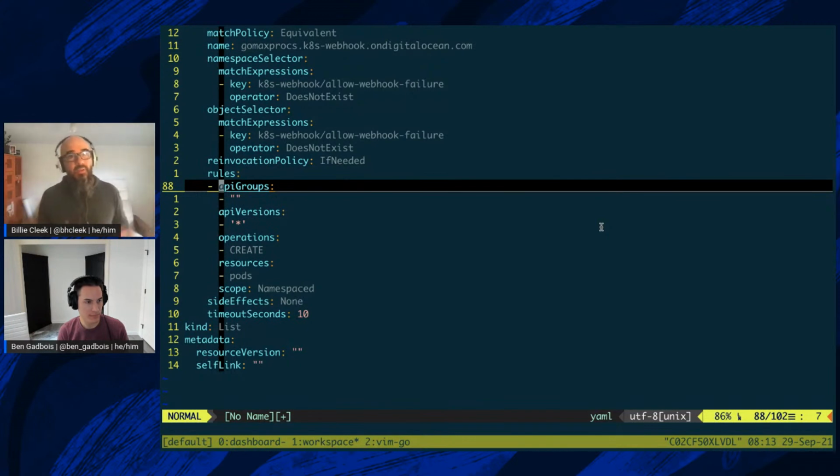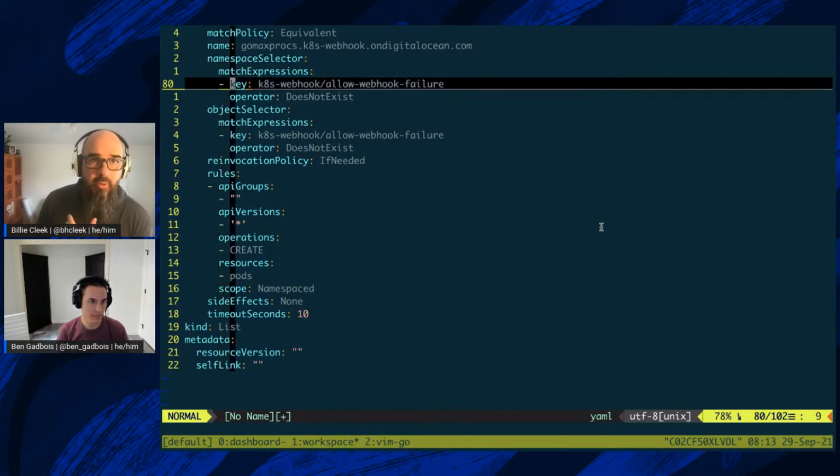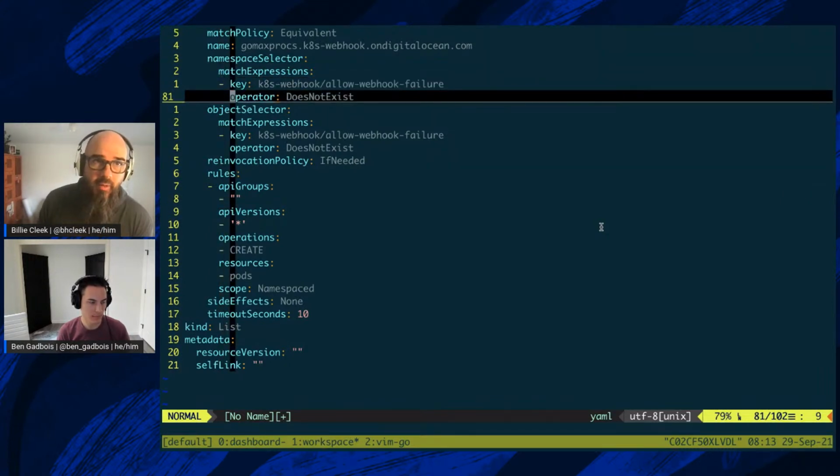You may not want this to run on the kube system namespace, right? Which we know generally, this whole namespace doesn't need all the things that we might be injecting, like Gomax Procs and volumes and volume mounts, because those things are built just to run in the cluster and don't really need to know about the larger environment that the other applications in the cluster might need to know about. So in those cases, on the namespace selector, in the KH namespace, we could put the KH webhook allow webhook failure label,